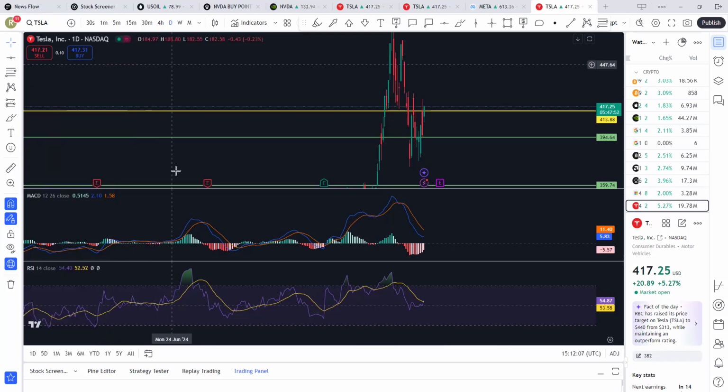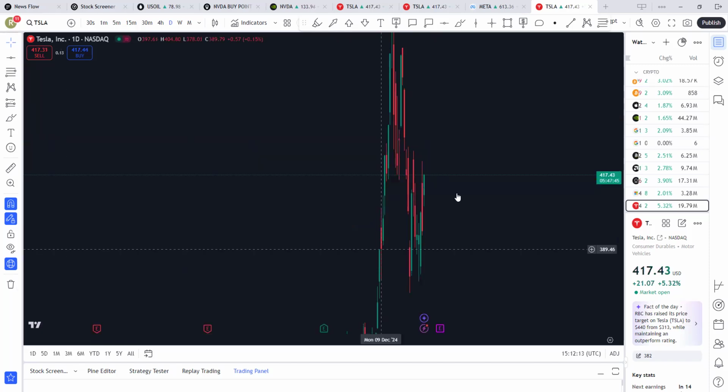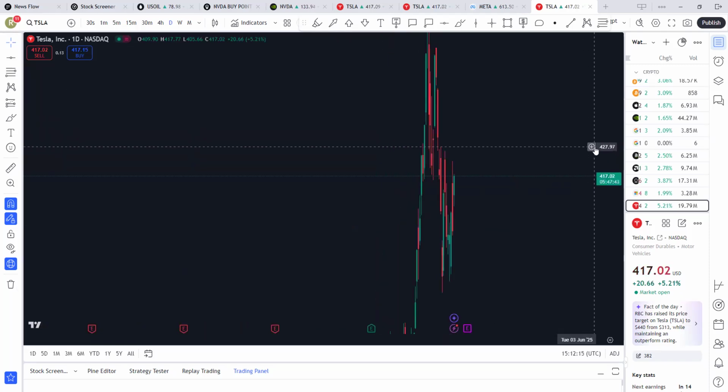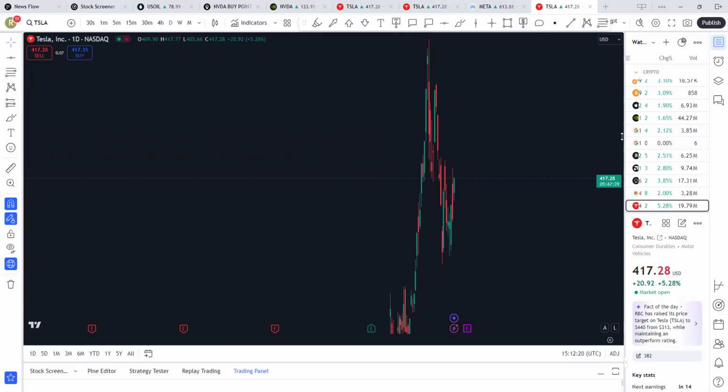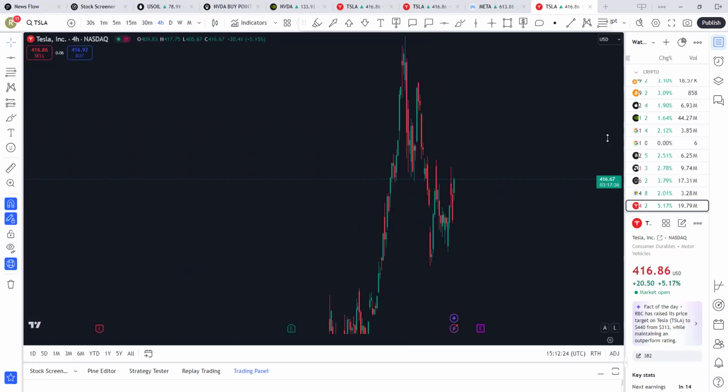For instance, in the Fibonacci, if you have all those things here, you can remove it. I teach you how to remove everything. You remove it, and now you have a blank chart with only candlesticks. As you can see, those are the candlesticks, a blank candlestick chart. Now, if you want to add them, you just add any.